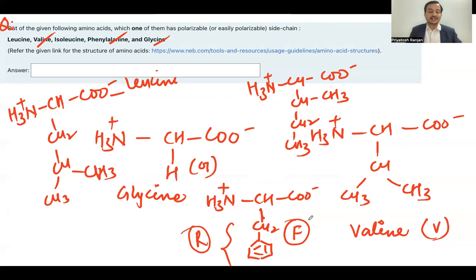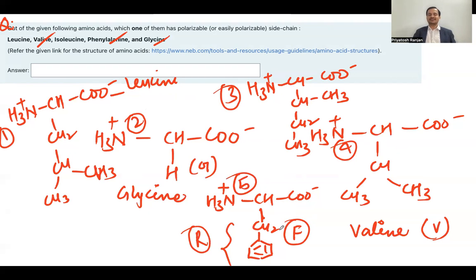The one having pi electrons is going to be easily polarizable out of all these 5 structures. 1, 2, 3, 4, 5. As you all can see, the phenylalanine is having an aromatic side chain, which is carrying pi electrons, which are going to be easily polarizable, and hence the correct answer is going to be phenylalanine, because those are the electrons which are going to be easily delocalized, which is also represented by a single letter code of F. Next